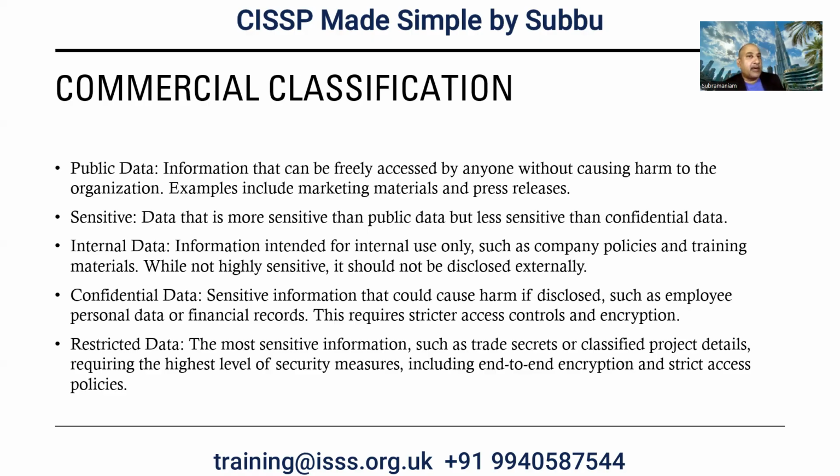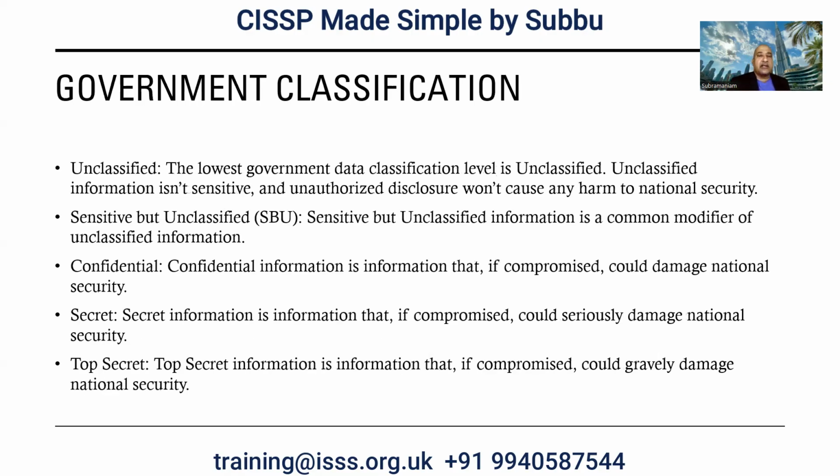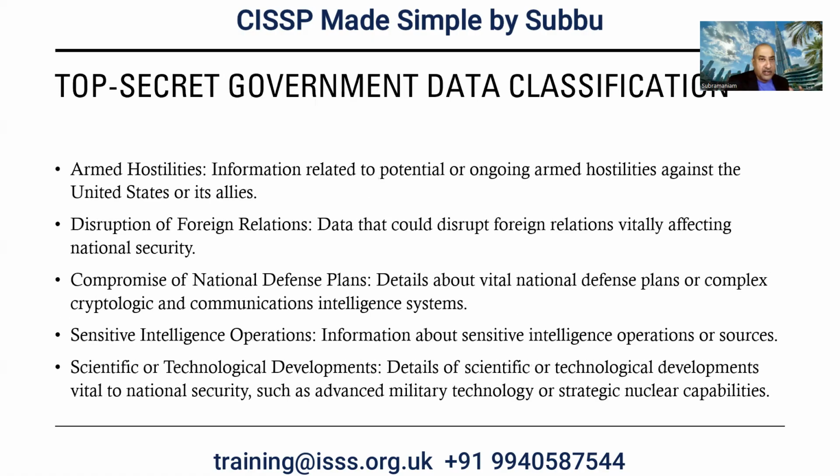Okay, and I still discuss it, but I'm not sure what the fact is because there's nothing constant in the world. Okay, now the government classification: there's something called unclassified data, which when it gets exposed doesn't cause any damage at all. Sensitive information is not unclassified, but it's also something which you will not expose to the public. Confidential data will cause damage. Secret data will cause serious damage to national security. Top secret, grave damage to national security.